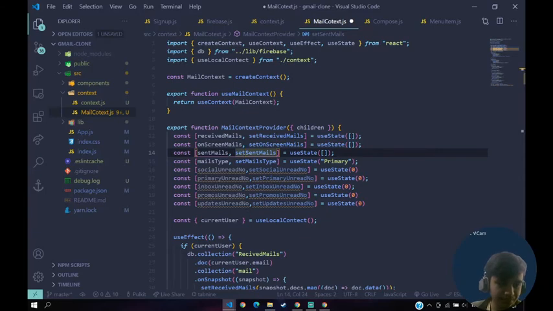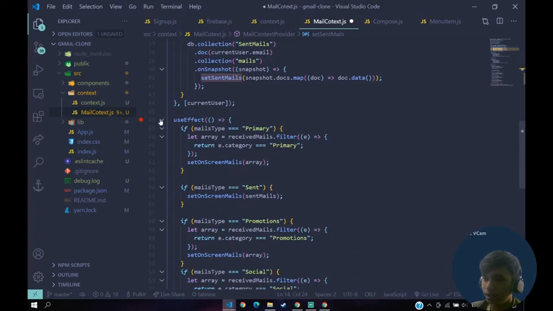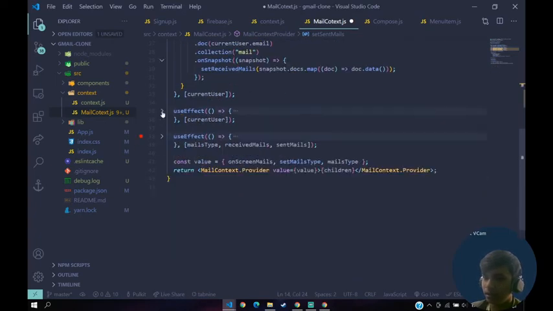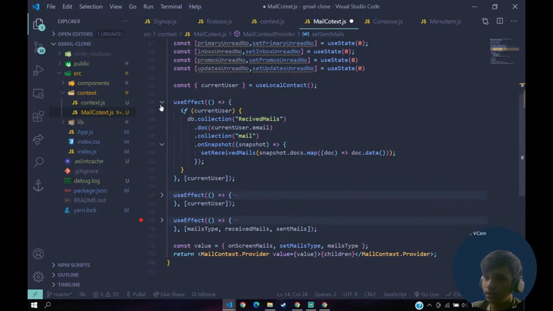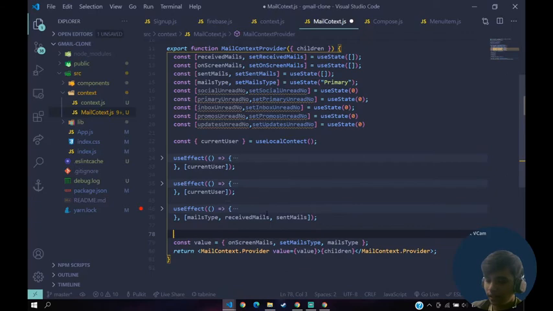So now the way we are going to do it, first of all, let's do our primary unread. We can wrap this up and close this. Here we'll create another useEffect.